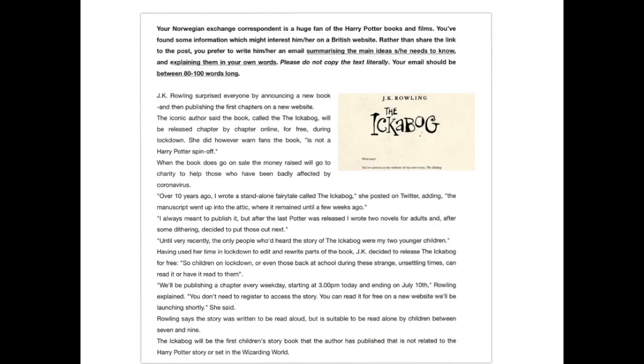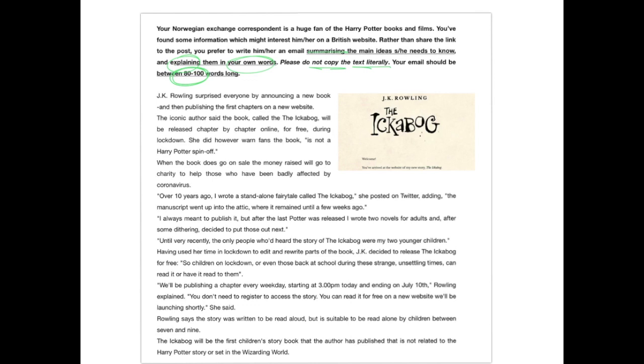So this is the text I've been given. This is the task, what they asked me to do. They've asked me to summarize the main ideas, explain them in my own words. Don't copy the text literally. And this is the number of words, between 80 and 100. So if I start highlighting,